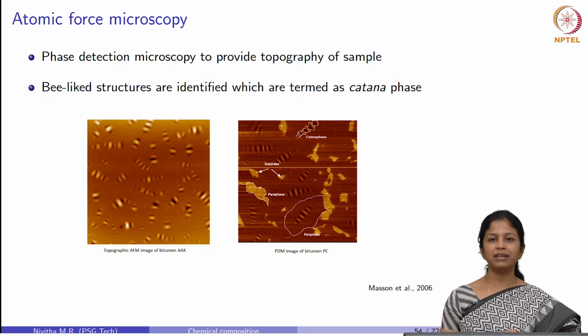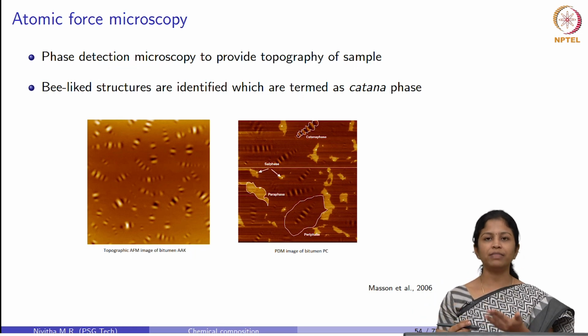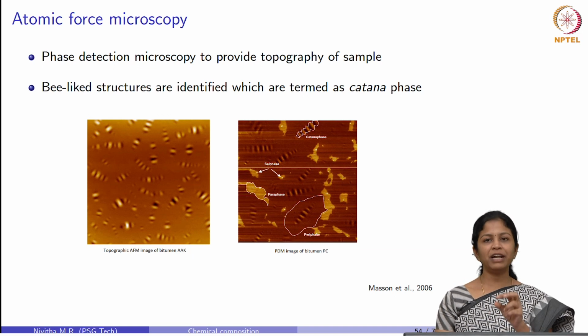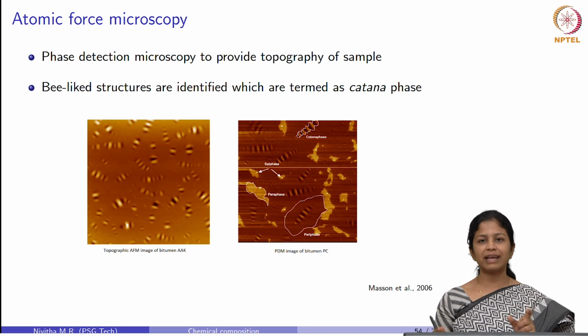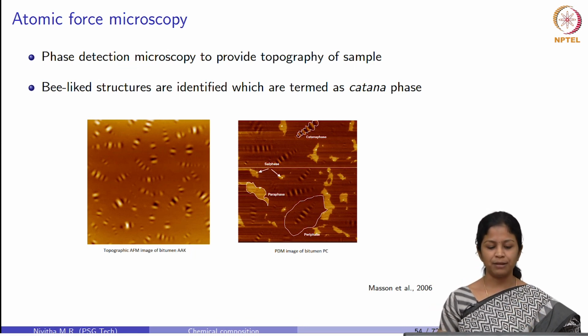What happens here is that light of a particular wavelength is input on the sample. So, the input signal is of a particular wavelength. Now, this input signal reaches the material, and depending upon the elasticity of the material, the time taken for this input signal to reflect back and the phase angle between the input signal and the output signal is calculated to obtain the elastic properties of the material.